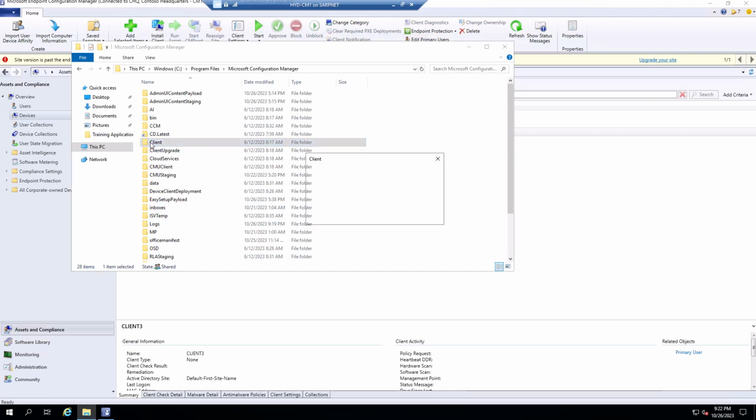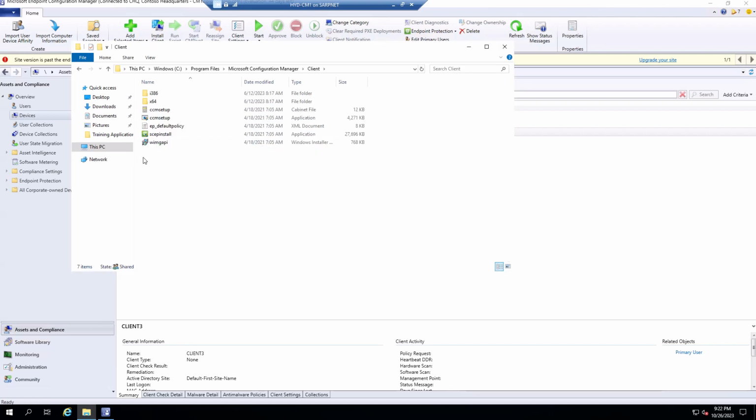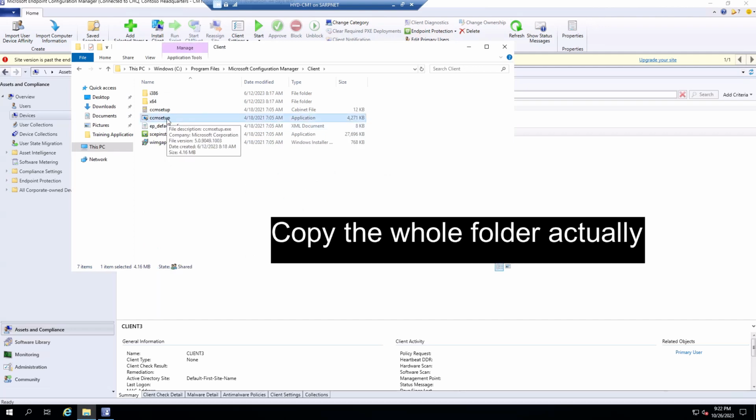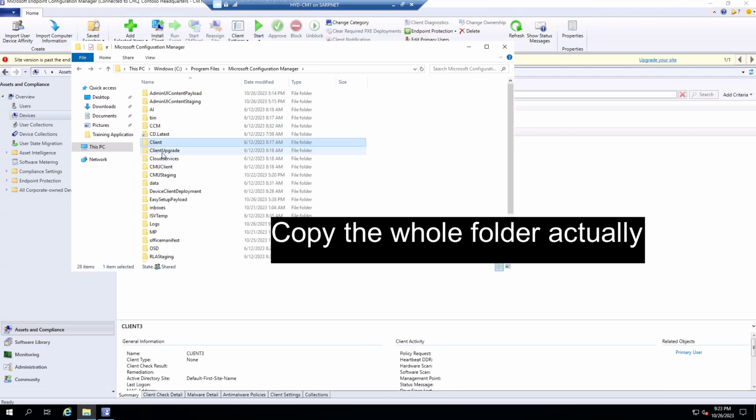Now we have to copy the whole file. We have to run this on the client computer, but what we need to do is copy the whole file,